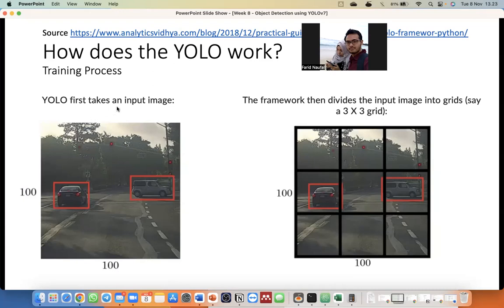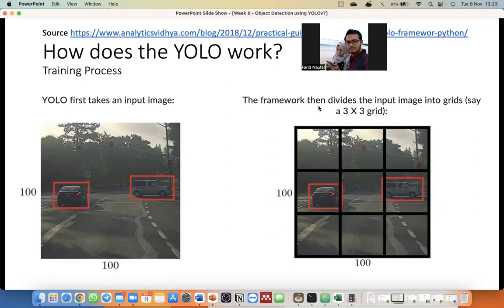So YOLO first takes an input image, like a regular image classification algorithm or any object detection algorithm. As you can see here, we have two different cars, and we want to detect these two cars.